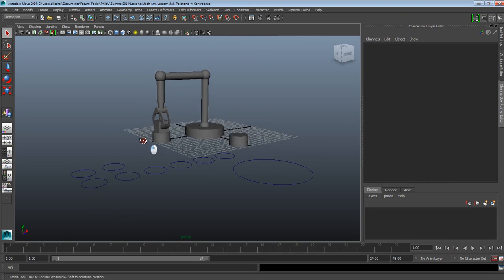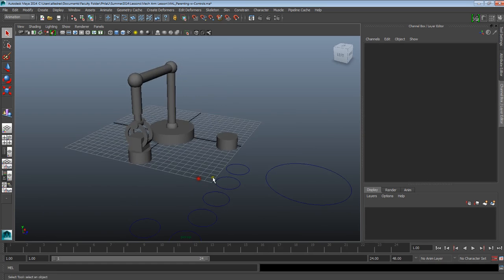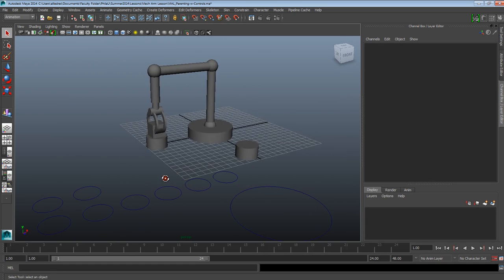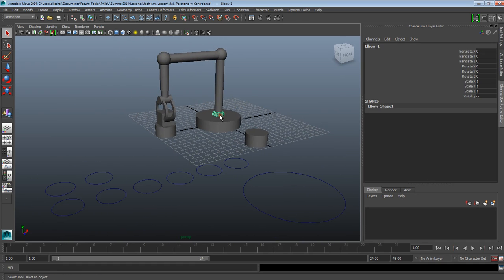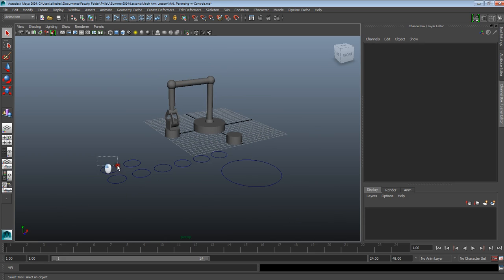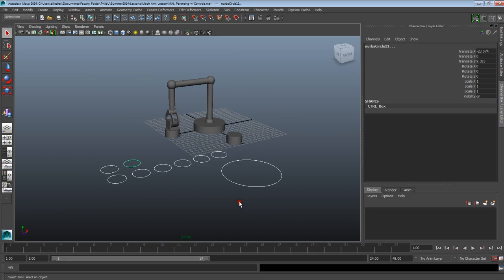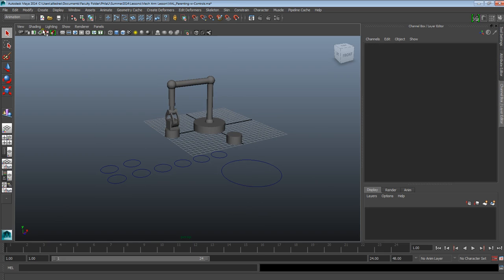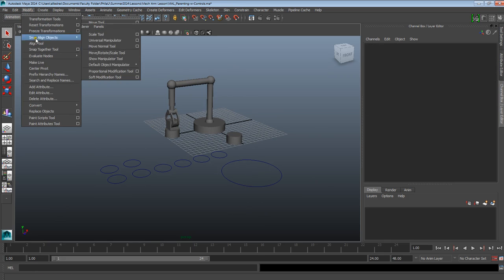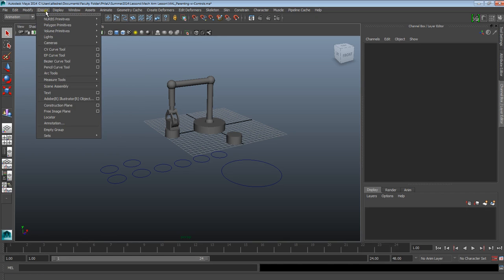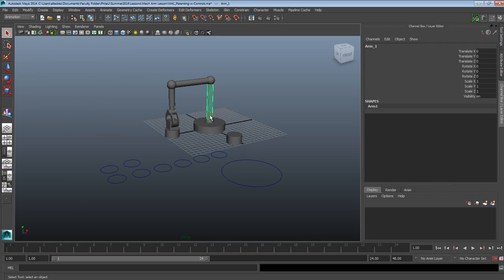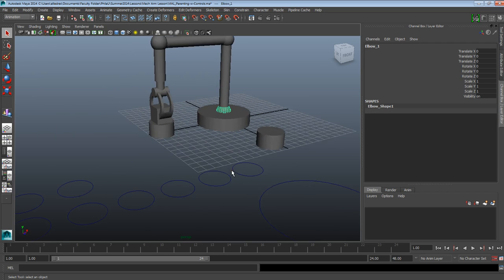Okay, this video is an extension of the parenting lesson, and for this one, rather than parenting our objects to another object, we're actually going to be using the circles, which you can find under modify, under create and NURBS primitives. And I'm just going to be using these circle objects rather than assigning the parenting to other 3D objects in my